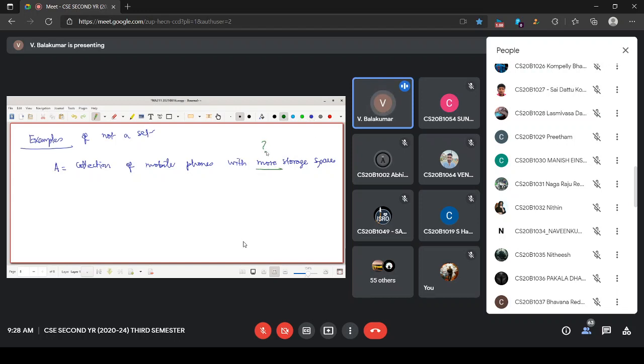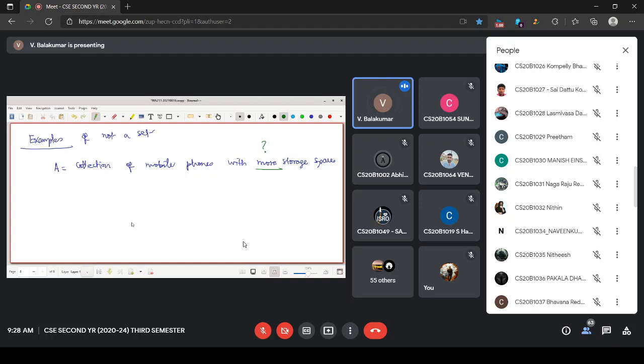More means what? That's our problem. We cannot define. You give me a mobile phone, it may be 32 GB capacity or 64 GB storage or 128. Whatever it is, I am unable to decide what is more.